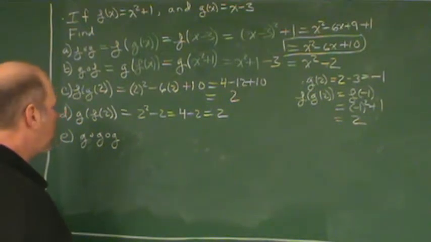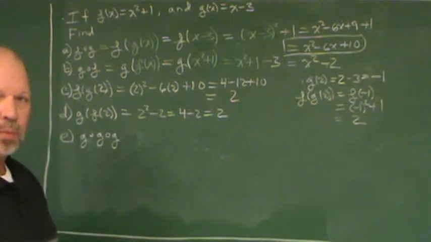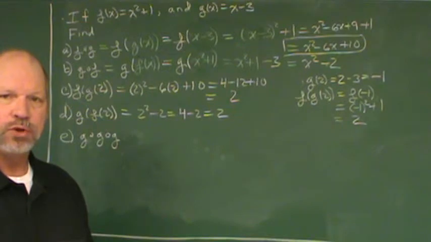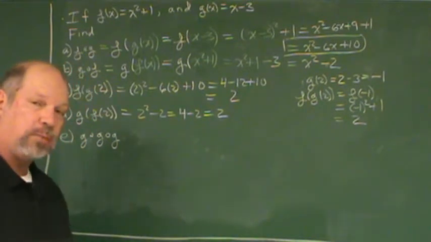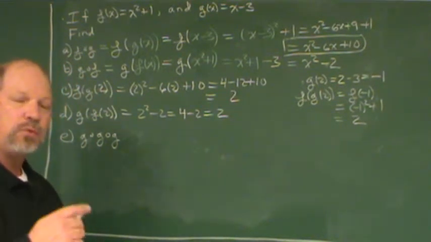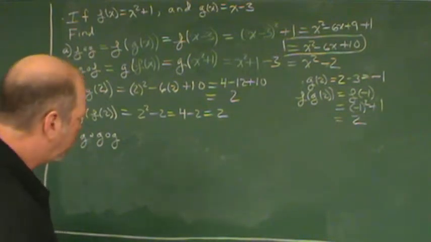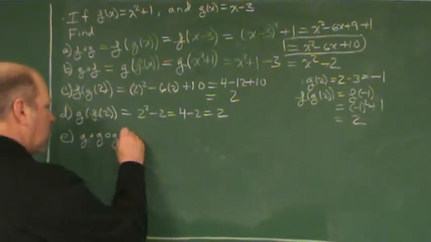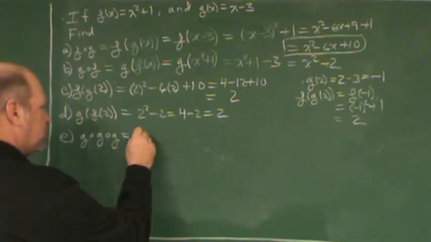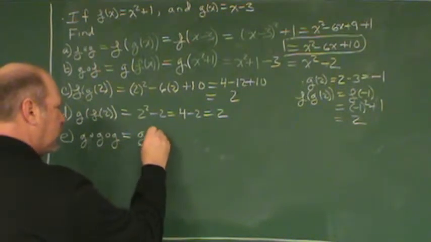Okay? Now, the tricky one here is g composed with g composed with g. It's kind of hard to keep track of what's your interior function, so I'm going to try and use green chalk for the interior function. G composed with g composed with g means g of